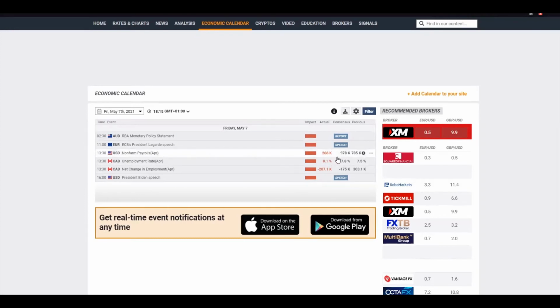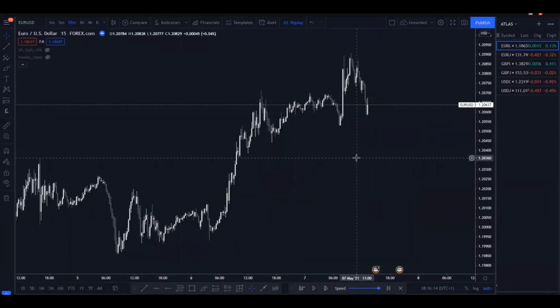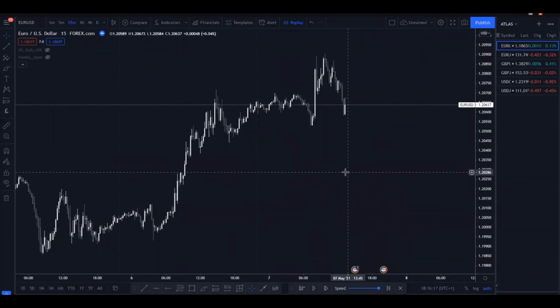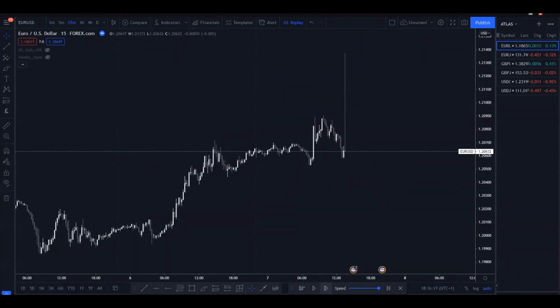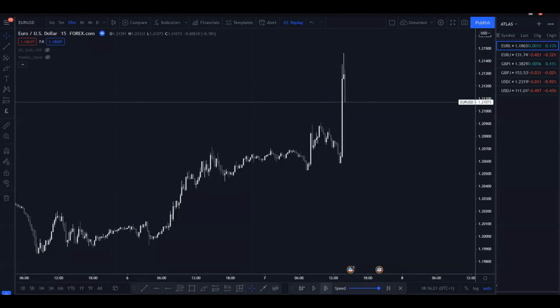But what happened is there was only 266,000 jobs that were created. Therefore, there's much less jobs being created in the economy. People's general outlook is now very bleak on the dollar. Therefore, they're going to either exit the market or start short selling the dollar. And what did we actually see happen in the market itself? So news release was at 1:30. Just look at this massive candle in the market there.